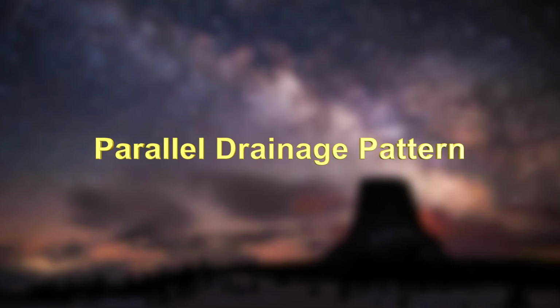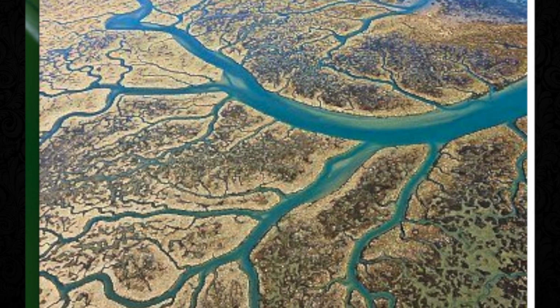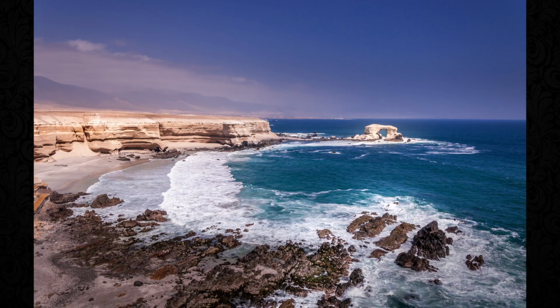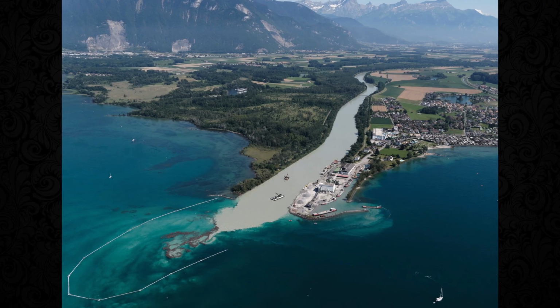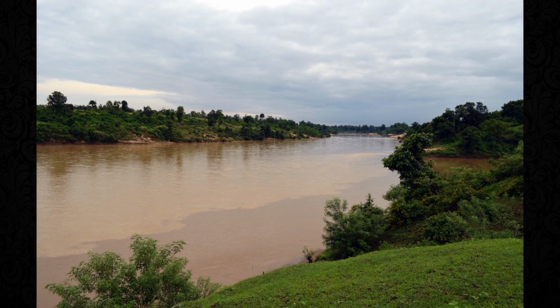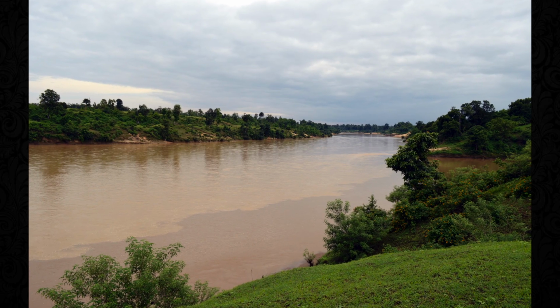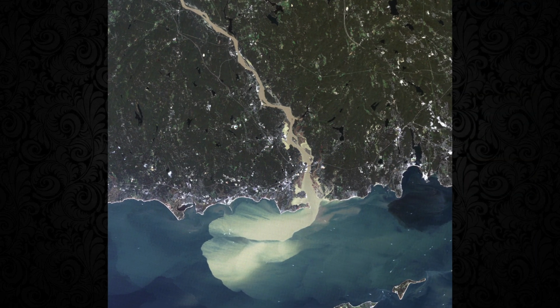Parallel drainage pattern. Parallel drainage pattern comprises numerous rivers which are parallel to each other and follow the regional slope. The pattern is developed more frequently on uniformly sloping and dipping rock beds or newly emerged coastal plains. The western coastal plains of India represent several examples of parallel drainage pattern, where the streams, after taking their sources from the western flanks of the Western Ghats, drain straight courses towards the west, and empty into the Arabian Sea.